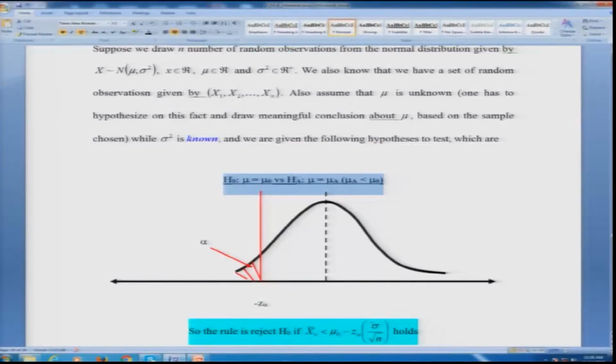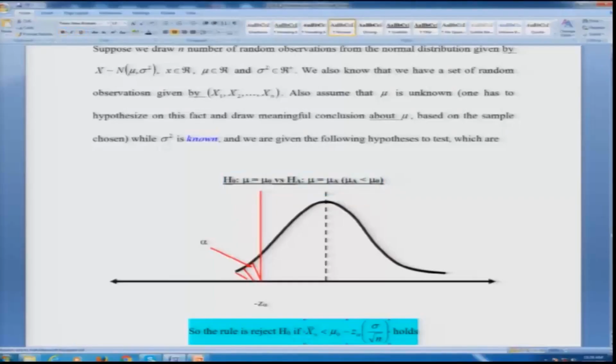So, in that case you will be concentrating on the distribution on the left hand side. If you consider the distribution on the left hand side, the overall area to be covered is 1 minus alpha, the area that has been covered is alpha, hence you will reject or accept H naught based on this. So, this is what is highlighted here. The rule is: reject H naught if you are on the left hand side. What is the left hand side? That your mean value of the sample is less than mu naught minus Z alpha,